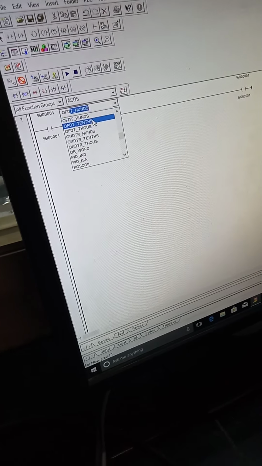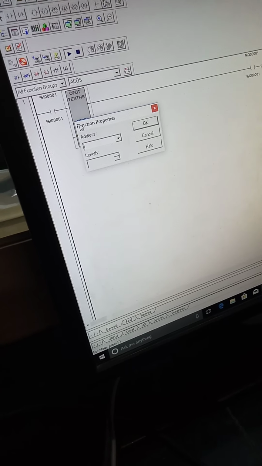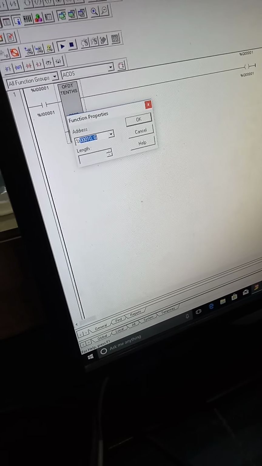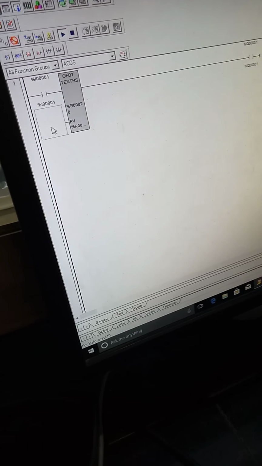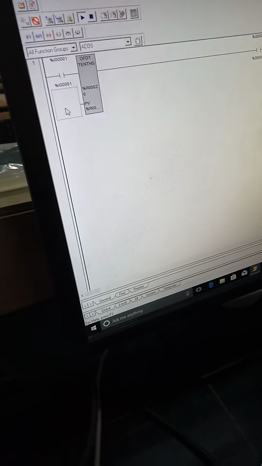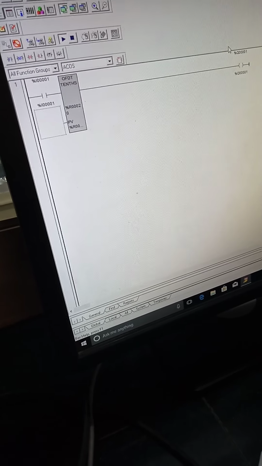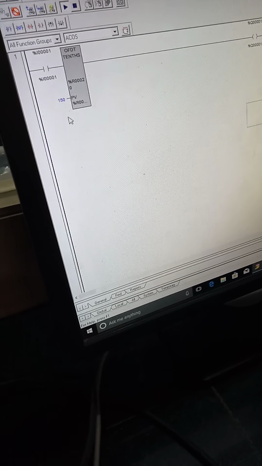Off delay timer, OFDTR. So last time you chose hundreds, this time you choose 10. We can choose whatever we want. Here alone we will be making use of the address percentage R20. All other places, 3 places, will be making use of the address percentage R10. So now I am giving a preset value. Here in this case, if I give 150, so 150 by 10, after 15 seconds my output will be off.